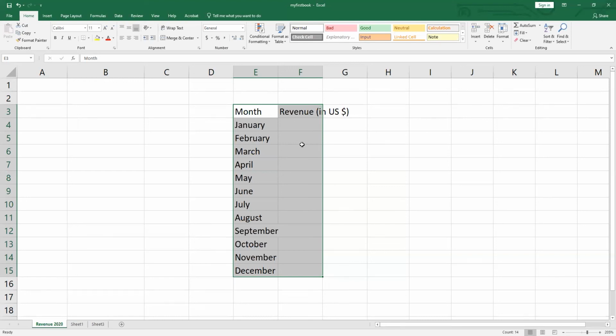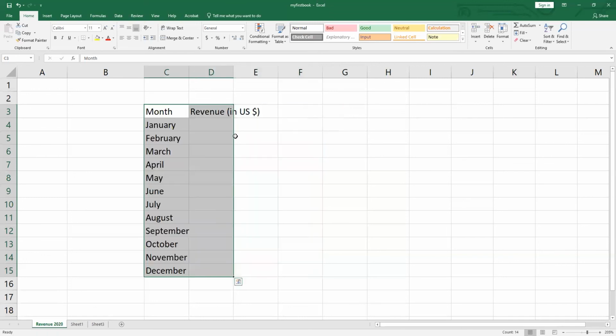Once you copy and paste, those references may be wrong, maybe irregular. That's why somebody may decide to move the table instead of cut and paste. Okay, so now that we know how to move the table,